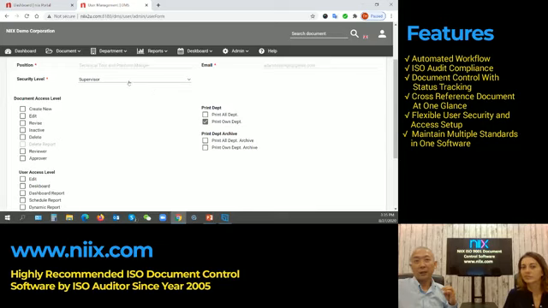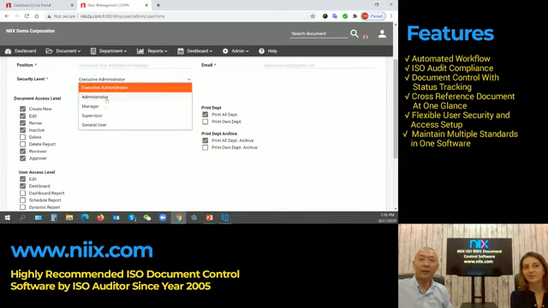Now, even if for the CEO we need to give him all the rights in the system by giving him executive admin, maybe you worry that, hey, he accidentally went and deleted my document, so we can manually take out whatever access rights we think are not necessary for him. Okay. So here are the 5 security levels available in the NIIX ISO document management system.